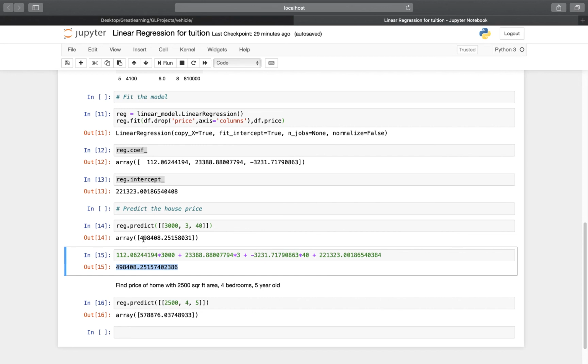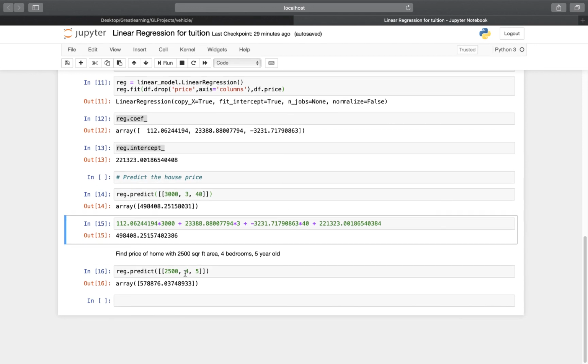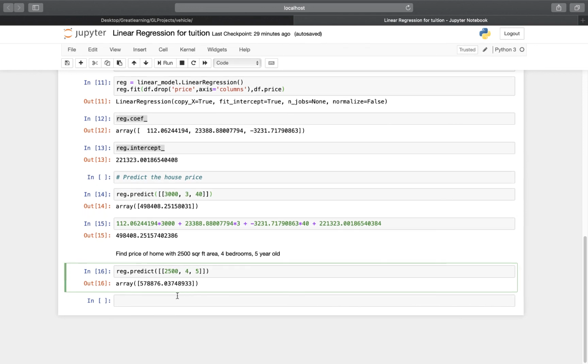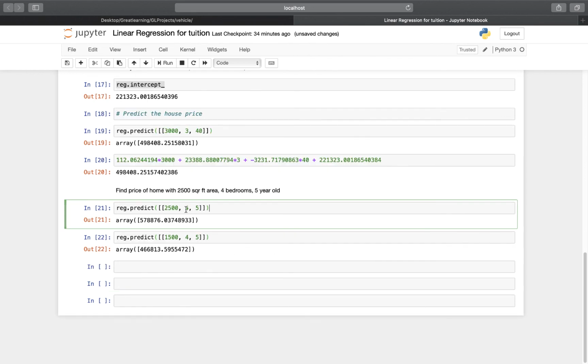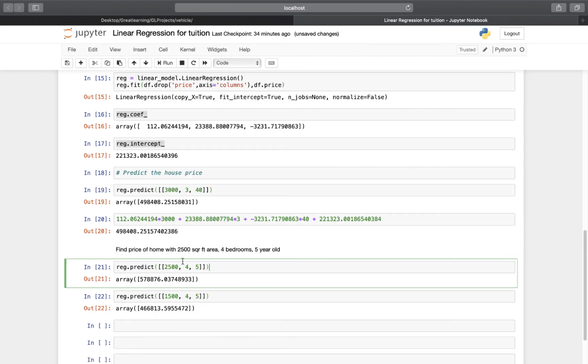This is the value. Here also it is more or less the same value, right? And now again you can predict one more, 2500, with different attributes, like here 2500, 4 and 5.